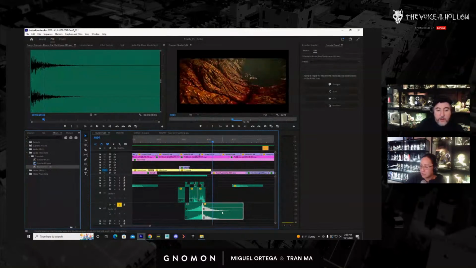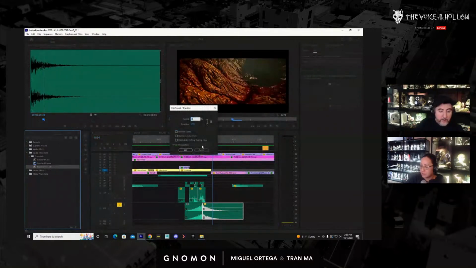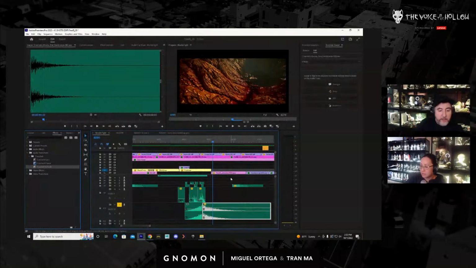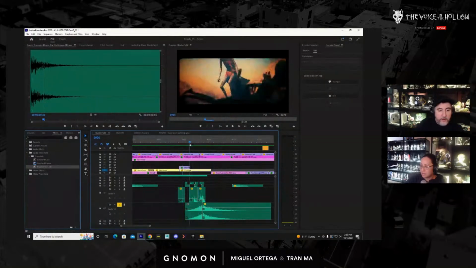Right? And if it's too hard, I could come over here to speed duration, set the speed to like 60%, right? So let's try that. Stretch this out. Okay, that's everything.